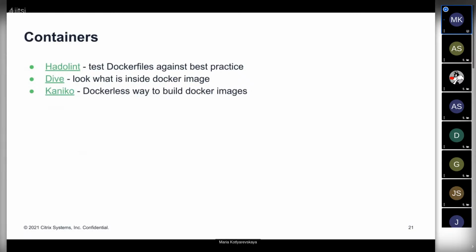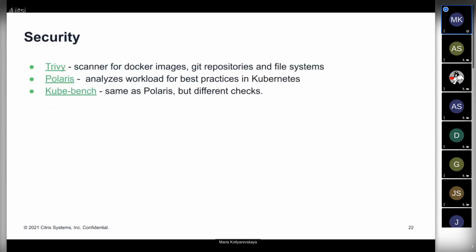There are more tools like that, and you can explore them if you want. It's not like only Hadolint and nothing more exists, but I think it's a really nice step in CI to have.